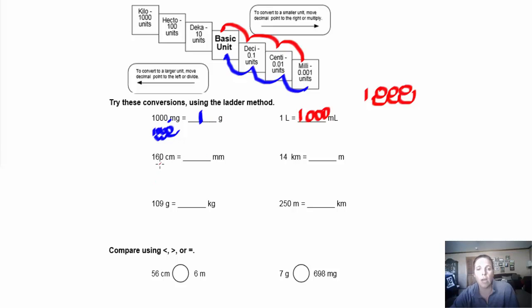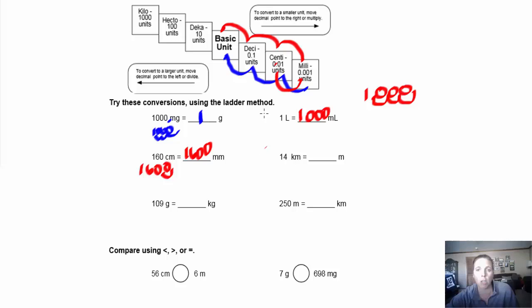Okay, so 160 centimeters. That's right here, and we're going to millimeters. So we're just going from here to here. So we're just moving it one time to the right. So it's at 160. We have our decimal here, we move it one space to the right. So this is going to be 1600 millimeters, which makes sense because centimeters are bigger, so you'd have more millimeters